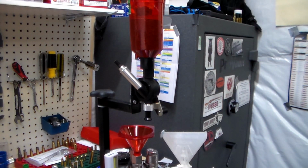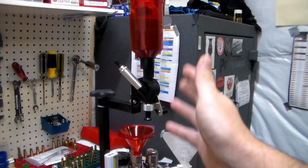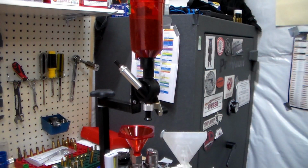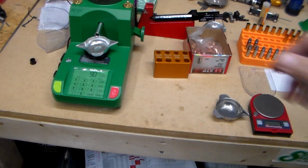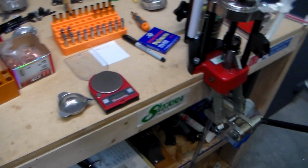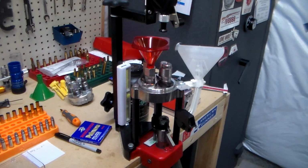Some of the finer powders, like the 296 that I've had in this before, you get a little bit of leakage. But with this particular powder, it seems like it's coarse enough that it does really well in there. So I've got that. Then I've got the RCBS Charge Master over here with some Accurate No. 7 in there. So I'm going to try some of that, and I'm going to try some CFE pistol and load up some of my first batch of 40 Smith & Wessons,